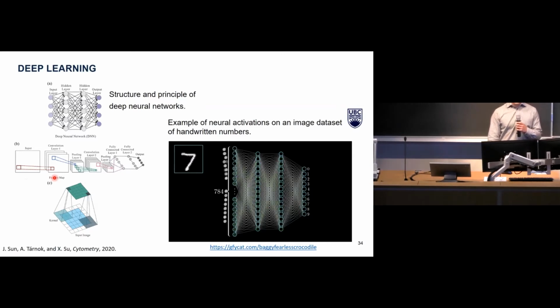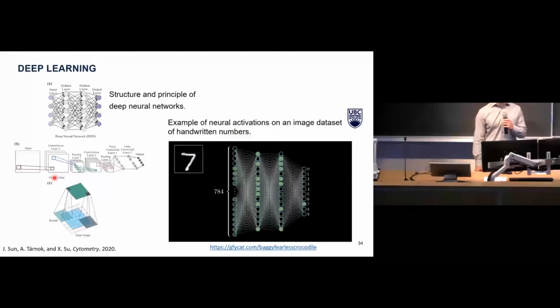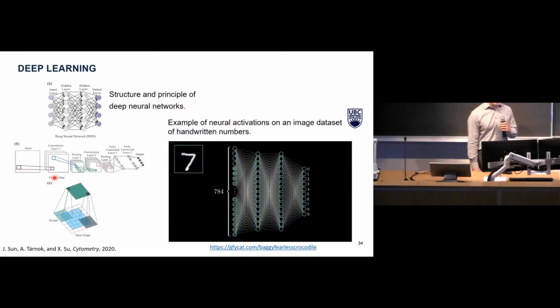On the left here, we see an abstracted structural view of a neural network. The top shows the connected layers in the network, and the middle shows how these layers are structured. The bottom image shows the kernel operator that passes over portions of the image to extract relevant image features. The GIF on the right shows an abstracted view of neural activations that produce the correct prediction of the number in the image. This is a classic example from the MNIST dataset, which consists of handwritten numbers, and this can be used as a benchmark to tune deep learning models.